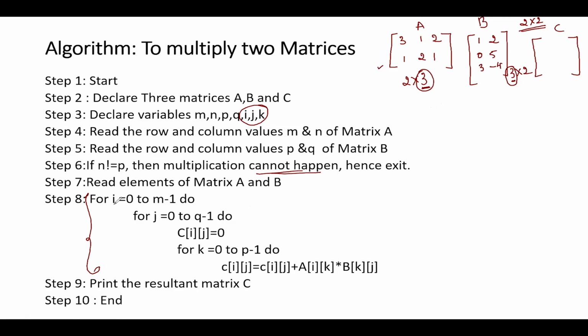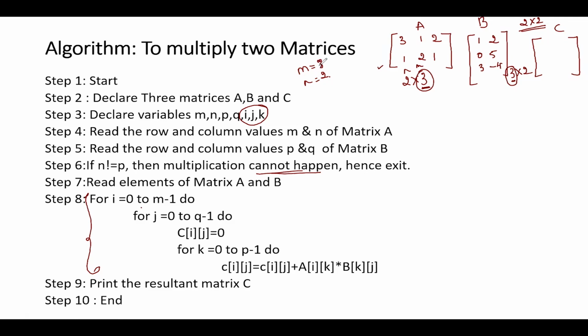Let us go ahead and see. For i is equal to 0 to m minus 1, here we are starting the indicator or the array value from 0. Remember in C, we always start the array value from 0. That is the reason for m minus 1, because we are starting from 0. So if at all I have the values, this is the n and m value, I have m value 2,